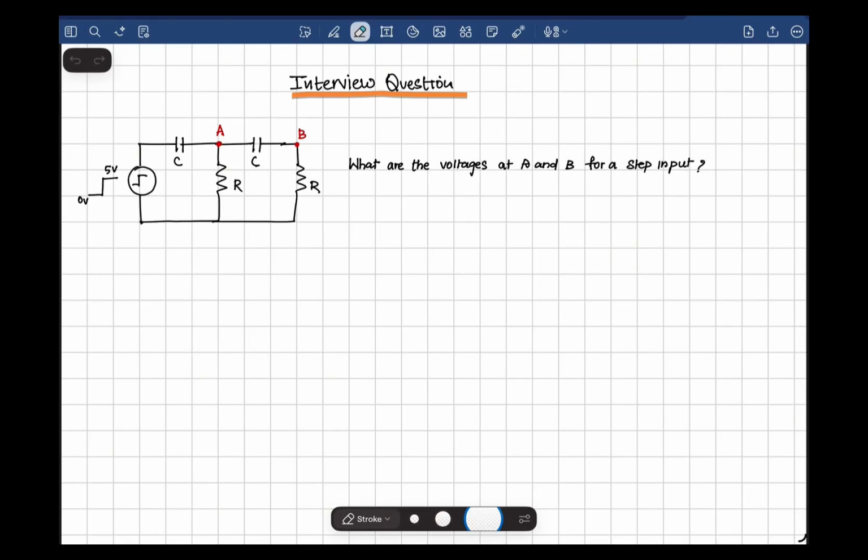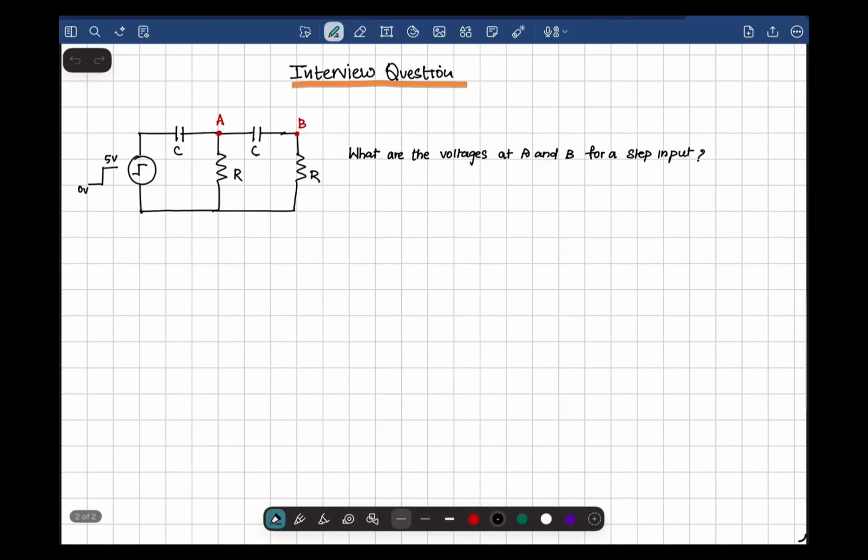Today, let's discuss this interview question. This was an interview question that was asked by Intel in one of my internship interviews that I attended. So basically, we need to plot the voltages at node A and node B for a step input. And let me first draw the input. So our input would be something like this, voltage, this is time. So this